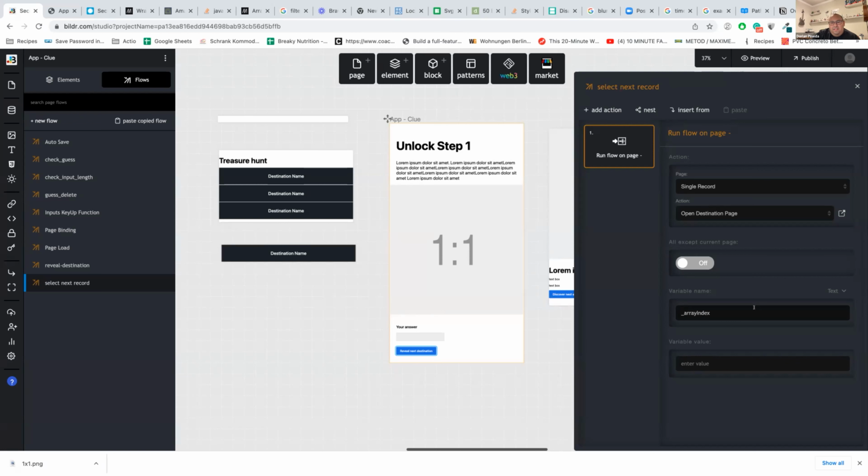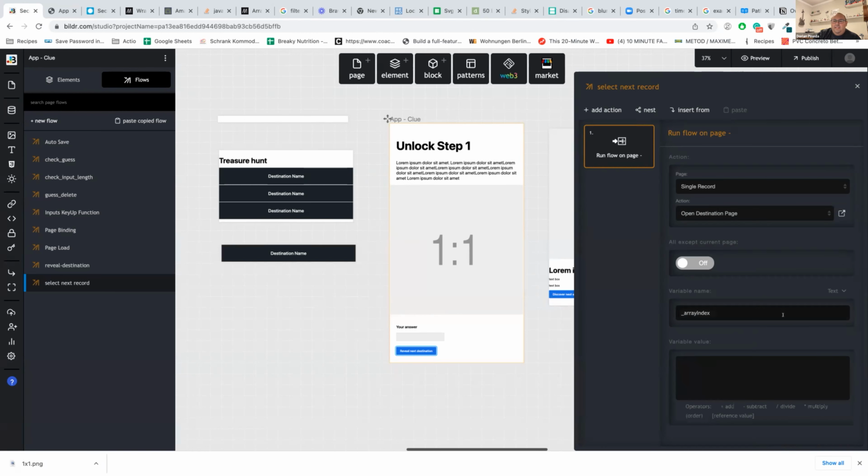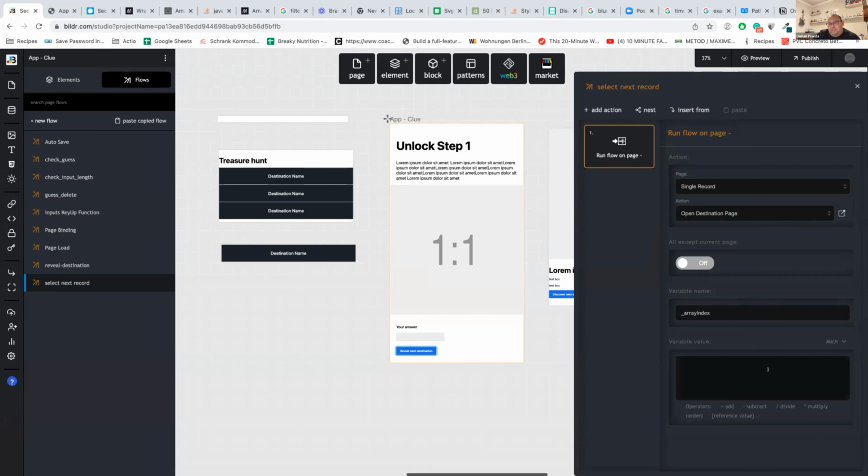Yeah. And for the value, we're going to change this to a math formula instead of a text. It should be all the way at the bottom. Yeah, math. Perfect. And the first thing we're going to do is get the current array index of the form we're in. Because it's in the variable, you're going to do an open bracket. Just a normal one or a curly bracket? The array bracket. Yeah. And then in here,